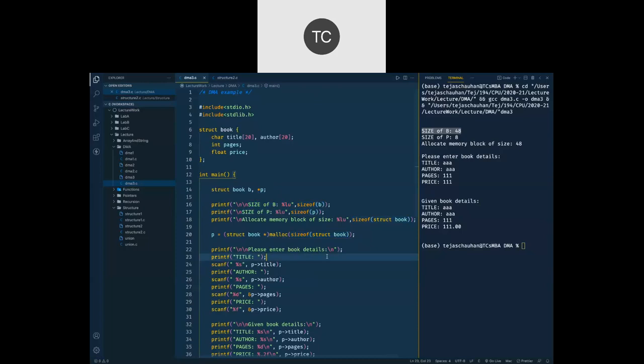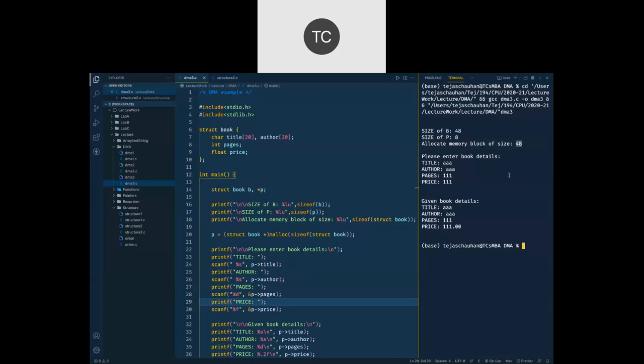Currently, if you want to calculate the total memory acquired by our program, then it is going to be 48 plus 8 plus 48 one more time. 48 and 8 is static memory allocation, and the other 48 is the dynamic memory allocation. Fine.